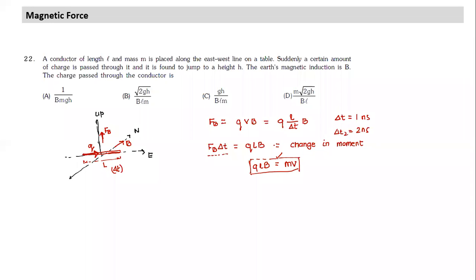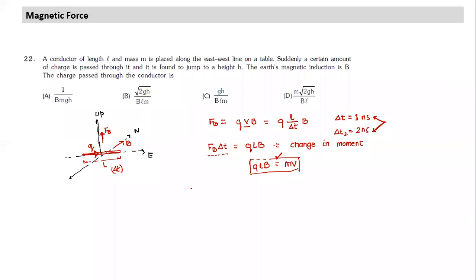Why is the time not coming into the equation here? Why in both cases will the impulse be the same? Why will both cases end up with the same velocity after the charge has passed through? Can you think of a reason why it is happening? When the time taken is less, the force is acting for a shorter duration. But when time taken is less, the force is more. The magnitude of force is twice as much compared to the second one, but it is acting for half the duration. Are you noticing? Some of you understood what I'm saying now. So it becomes independent of time.